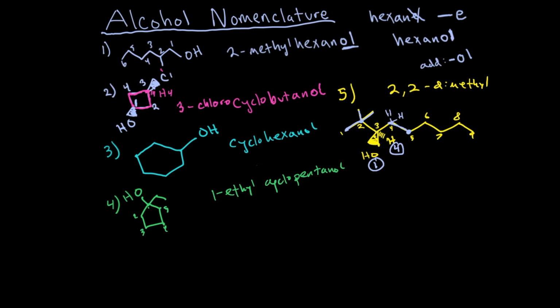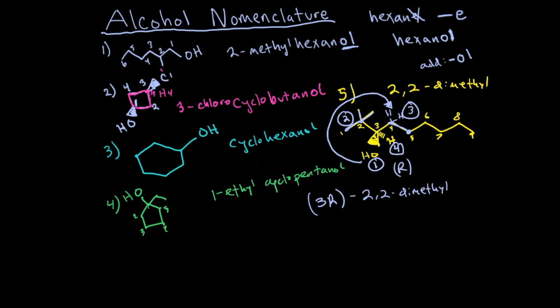This will be priority number 2. And then over here will be number 3. So if I do my RS stereochem, looks like it's moving in the clockwise direction. That's going to give me an R stereochem at carbon number 3. So the way this will be named is we put 3R, 2,2-dimethyl, and then just because I'm running out of space here, we're going to put